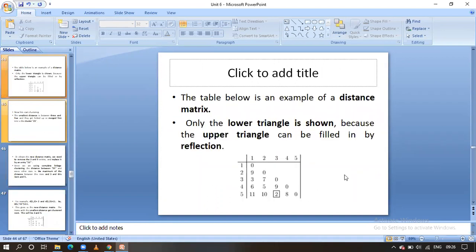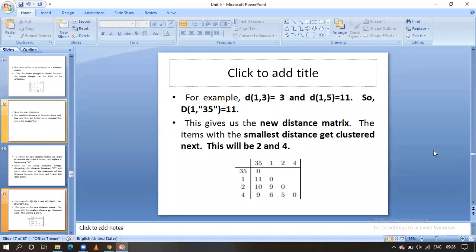If you see, from 3 to 1 the distance is 3, and from 3 to 5 it is 11. Which one is the maximum value? 11 is the maximum value that we have to update in the distance matrix, guys. Likewise for 2 also, likewise for 4 also. This is the maximum distance between 3 and 5. For the distance from 3 to 2 and from 5 to 2, the maximum value is 10. Likewise for 35 and 4, the distance from 3 to 4 and from 5 to 4, the maximum value is 5. I have updated it in the distance matrix.